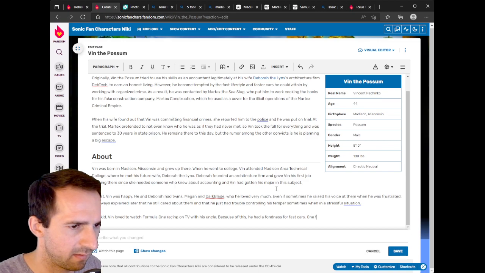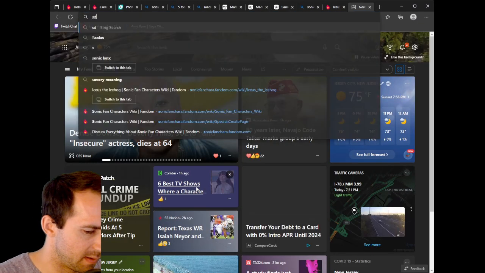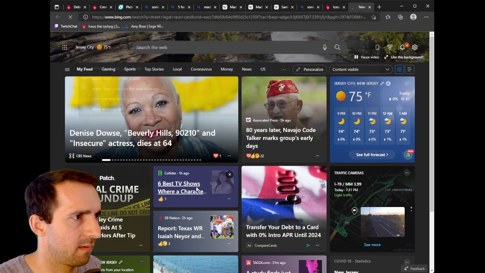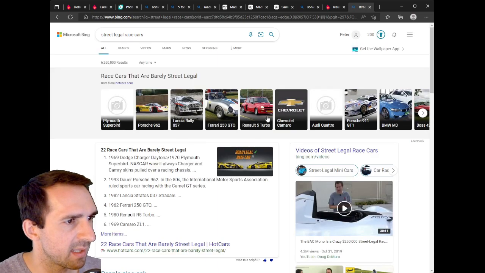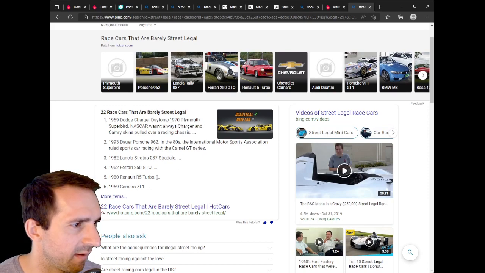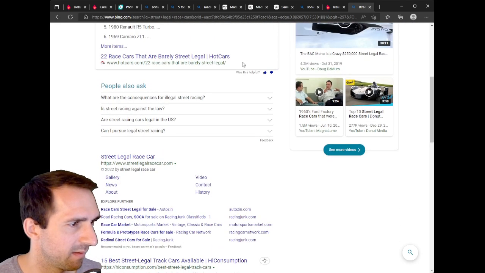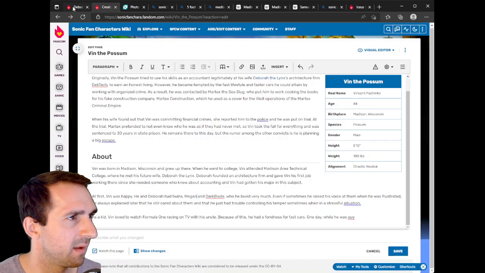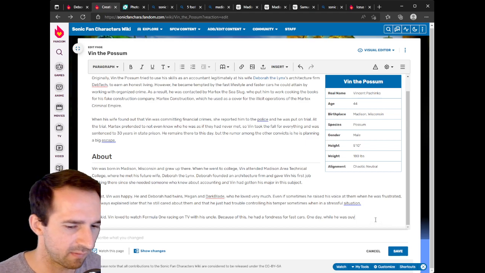One day, while he was out, we've got to do this real quick. We're going to look for new tab, street legal race car. Let's pretend this person is into cars out of nowhere. 22 race cars. He saw a Porsche 962. Perfect. That looks like a race car. Yeah, perfect. Fantastic. One day, while he was out walking the dogs